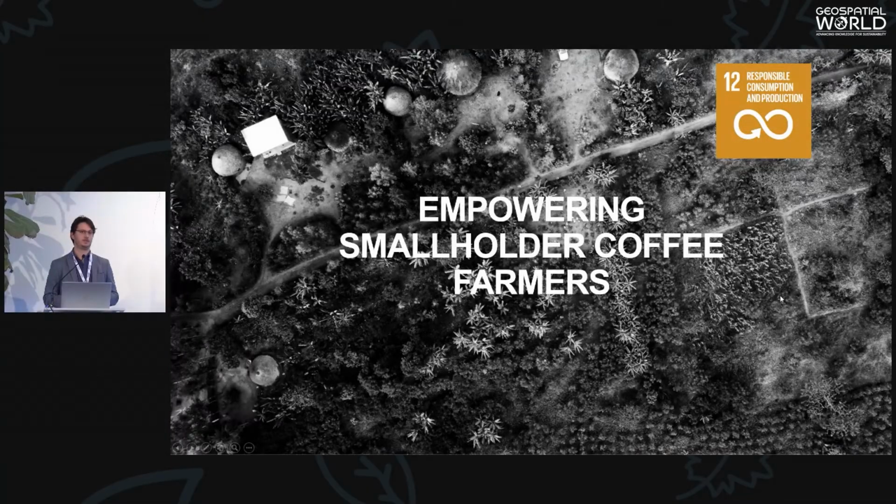So we're looking at empowering coffee farmers in this particular area of Ethiopia. Smallholder farmers represent the majority of farmers still worldwide. There's over 500 million smallholder farmers in the world, and there's many in Ethiopia, and we worked with an organization that has some initiatives.